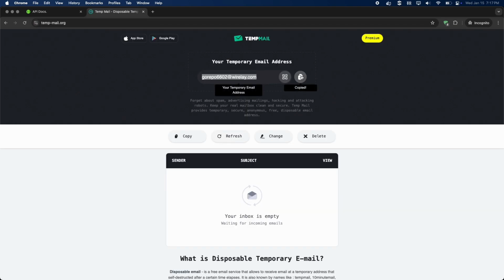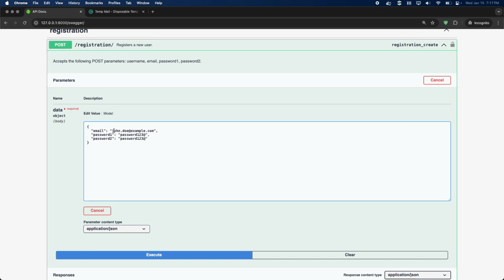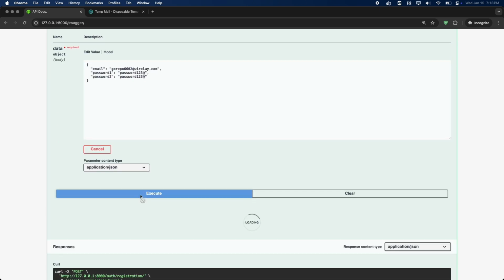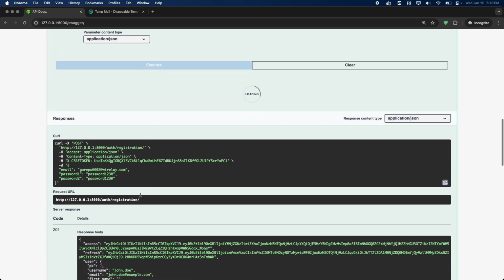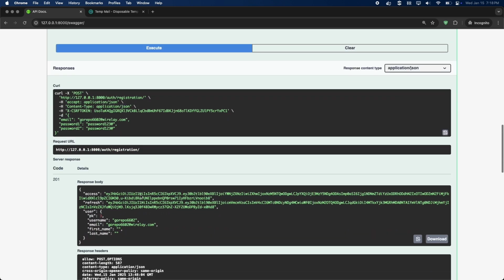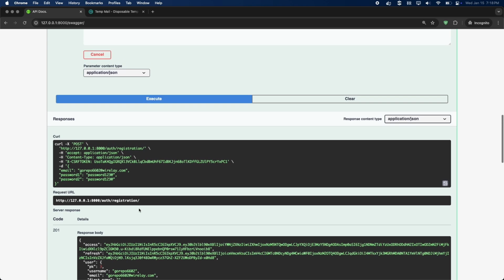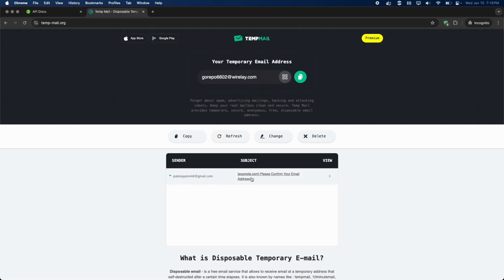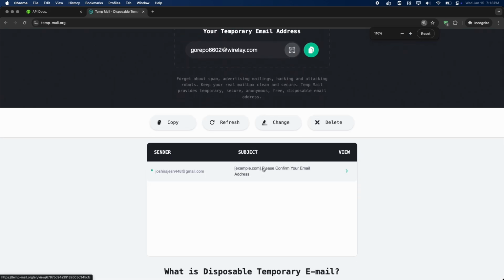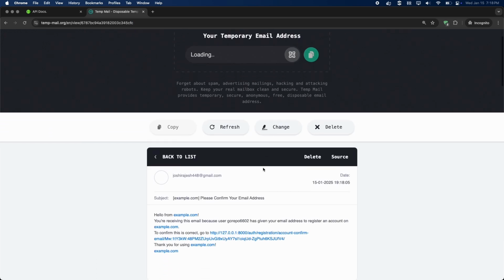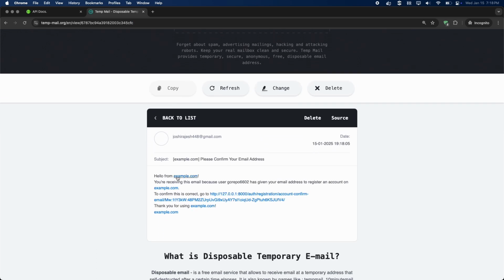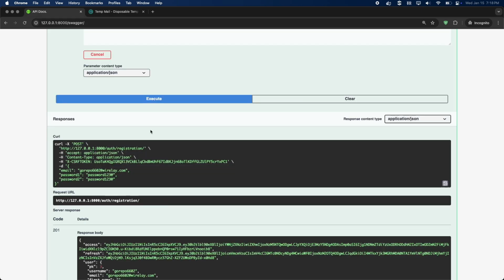We will get a temporary email. This time, registration seems to be taking more time. This is because, in the background, it is sending an email to the user. Now, it has returned a response. Let's check for new emails. And yes, we have received an email. This email seems to have a link to activate the account. I will just copy the activation code